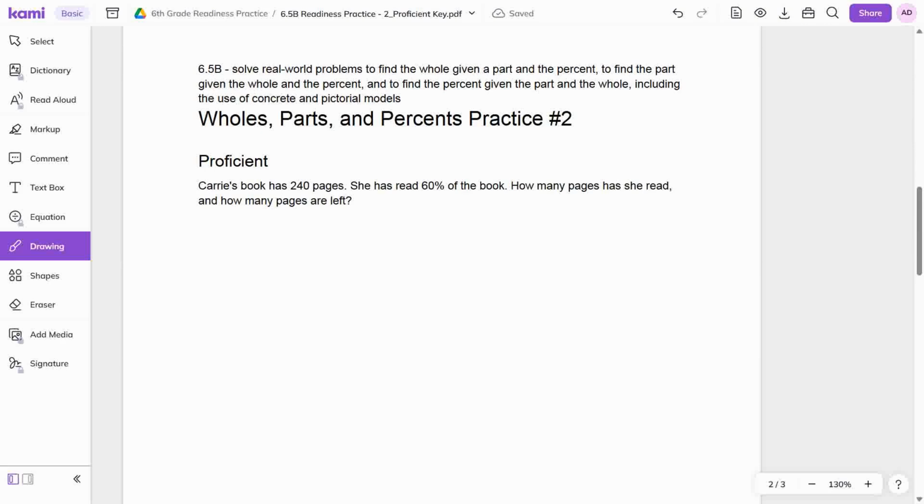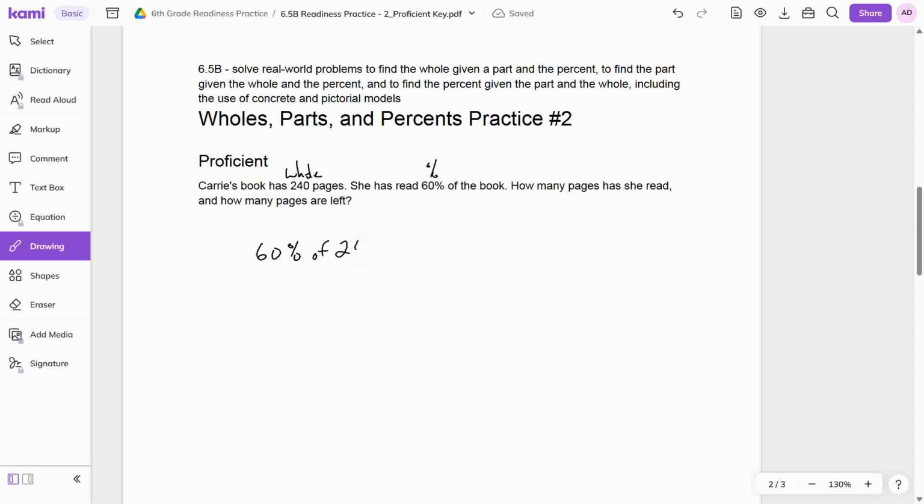All right, so now we have number 2, 240 pages, and she's read 60%. How many pages has she read, and how many pages are left? So we're given the whole and the percent, and we're looking for the part. Okay, so there's a few different ways we could look at this. We could say 60%